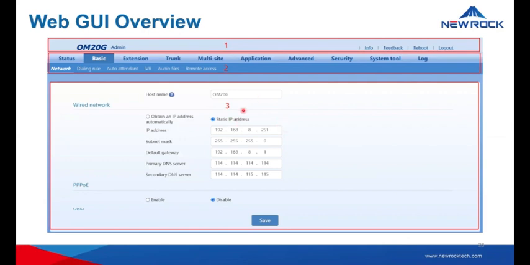So this is the web GUI overview. As you can see, there are three areas. The first one is the system bottom area, where you have the product information, and you can reboot and log out. Part 2 here is the menu bar. We have the main bar and the sub menu bar. If you select basic, it will show network, dialing rule, attendant.